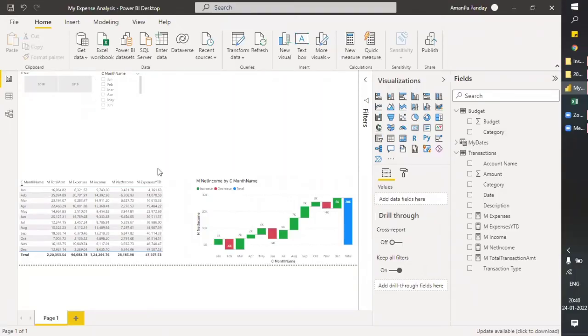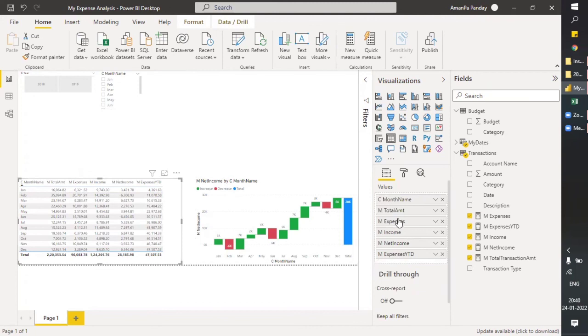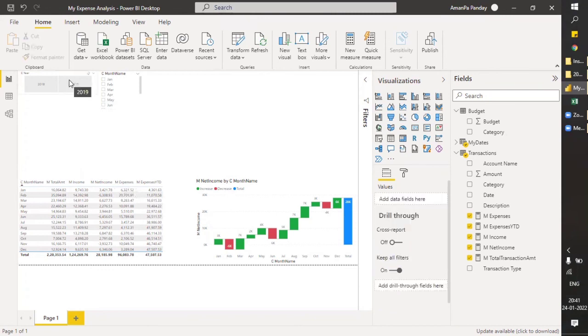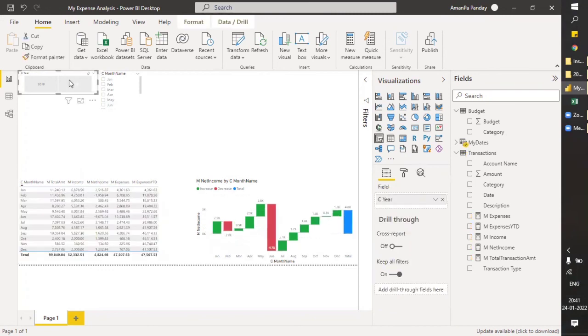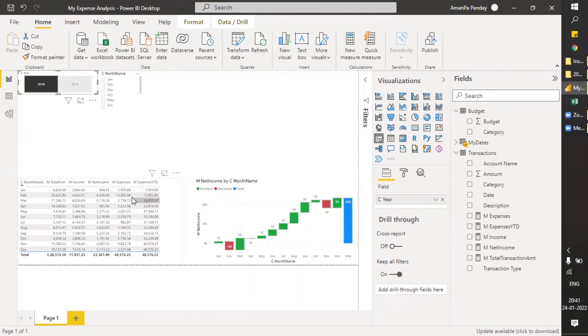So what I noticed is that this is total M expenses YTD, and the expenses, let me drag it close so that we can relate this. You can see this is not matching the total. They should be equivalent. This is because, let me apply a slicer of 2019, and now this should match. Now yes, it's matching. And if I go to 2018, it should again match. Yes, approximately 15, so this is not matching.